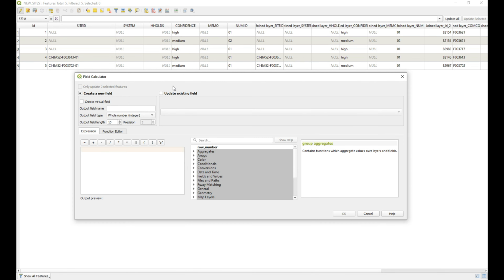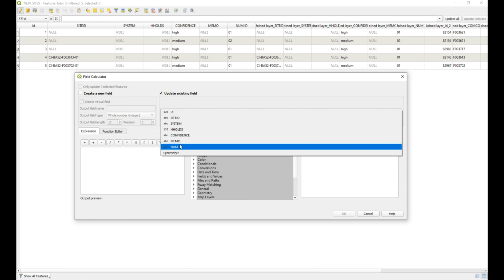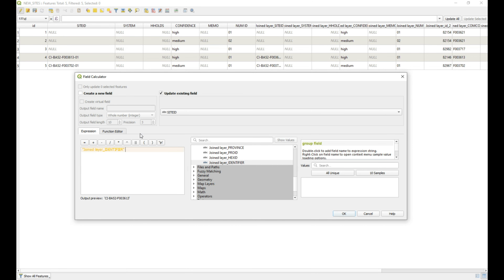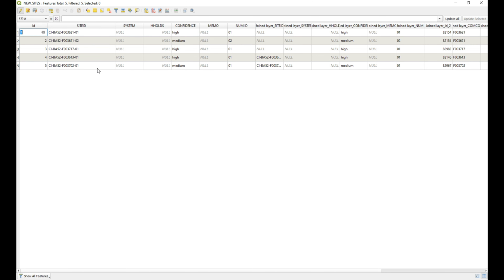So we use the calculator again, and we're going to say it is that's the one we're updating, and we want to concatenate the identifier code with some text with a little dash, and then we're going to concatenate it with the number. We'll say OK, and there we go. So there we've got our new values. We can save that,